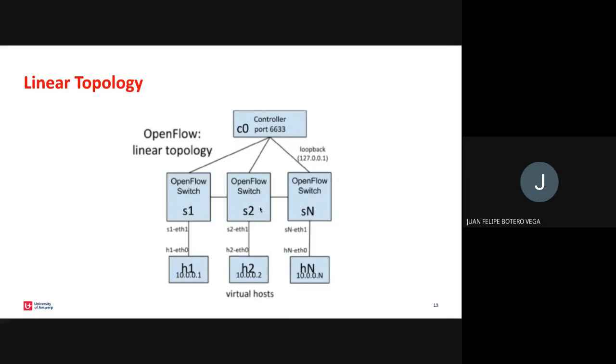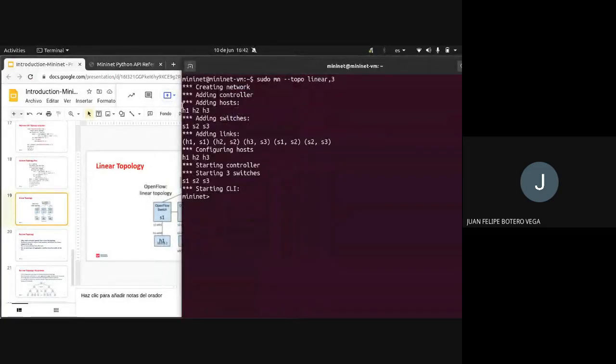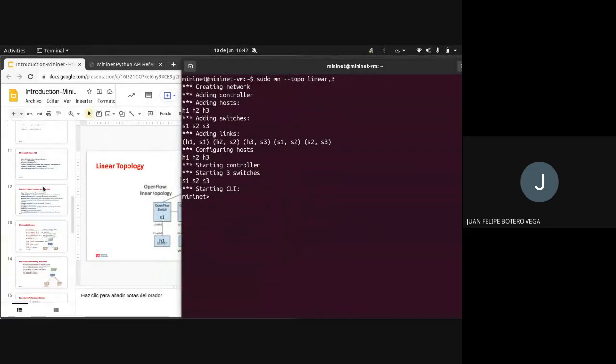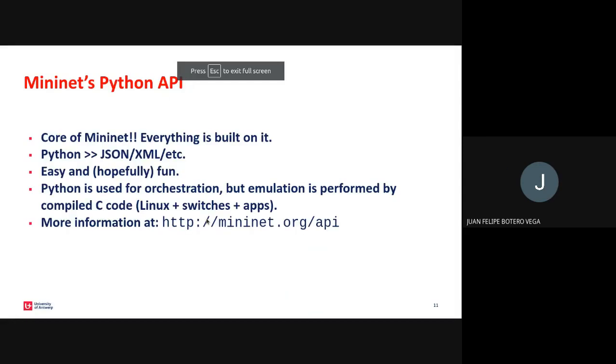So you have linear, you have single topology, and there are more opportunities to create bigger topologies. Okay, so